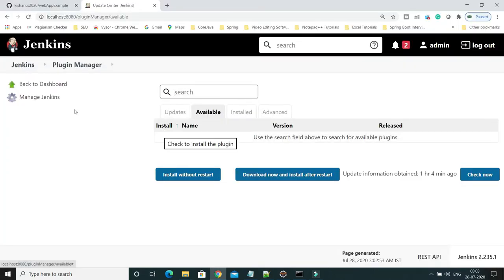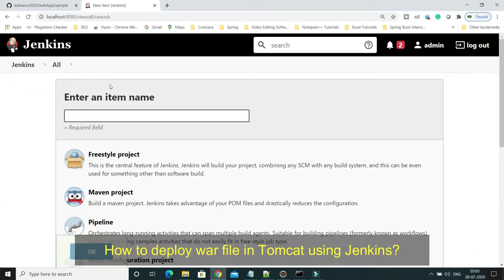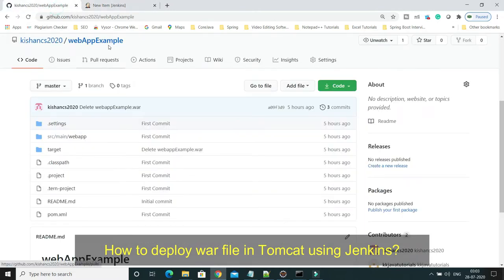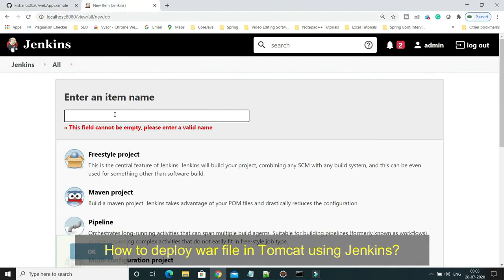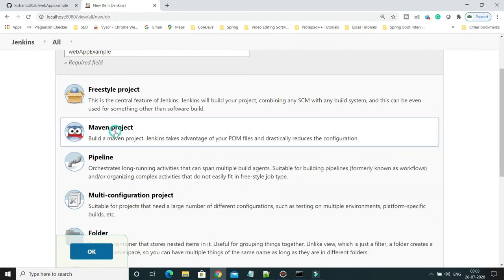So I'm moving ahead to create a job. I'll click on New Item, and here I'm going to specify the job name just like the project name itself. Make sure there shouldn't be any space, and I'm going to select Maven project and click OK. We will be navigated to the configuration page.